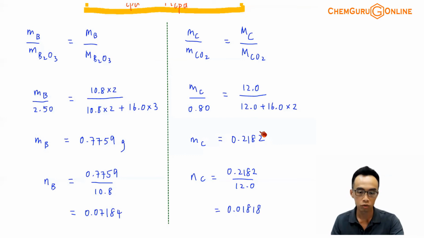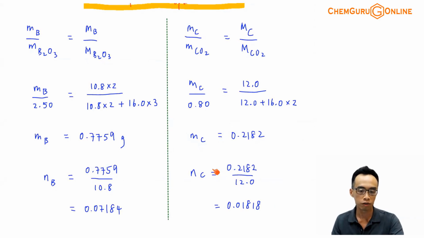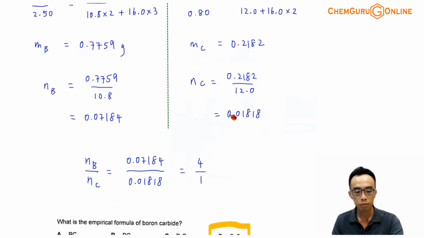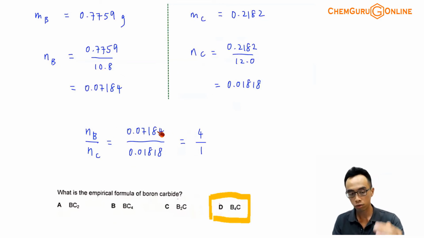Then I can find the number of mole of carbon, which is 0.2182 divided by 12. Then I'll end up with this 0.01818. So I have now the number of mole of carbon inside this 1 gram of BxCy, your boron carbide. So once I have this, I can simply work out the mole ratio between B to C. What is the mole ratio for boron to carbon? I can substitute all this number of mole inside here, 0.07184 divided by 0.01818. I can get this ratio, of course, rounded off to the nearest integer, 4 divided by